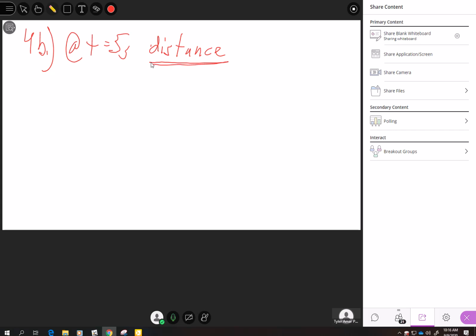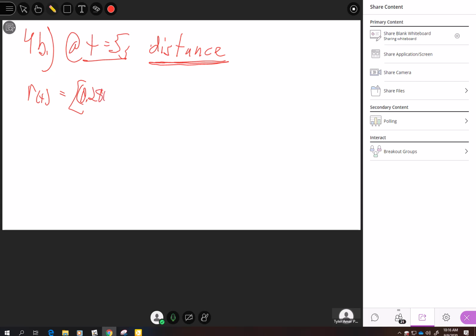So when it's asking for distance, how far it is, that's magnitude. So we're going to end up doing square root of squares. But first of all, we've got to find the actual displacement, don't we? Yes, we do. Well, all right, we'll plug it in, guys. We had the function, r with respect to time. The time is 5 seconds, so plug everything in. So we had what? We had